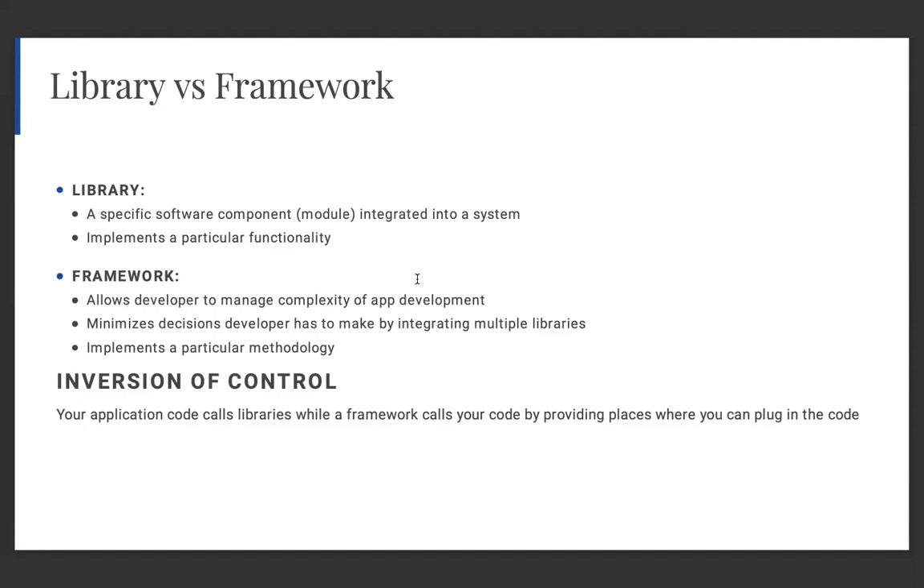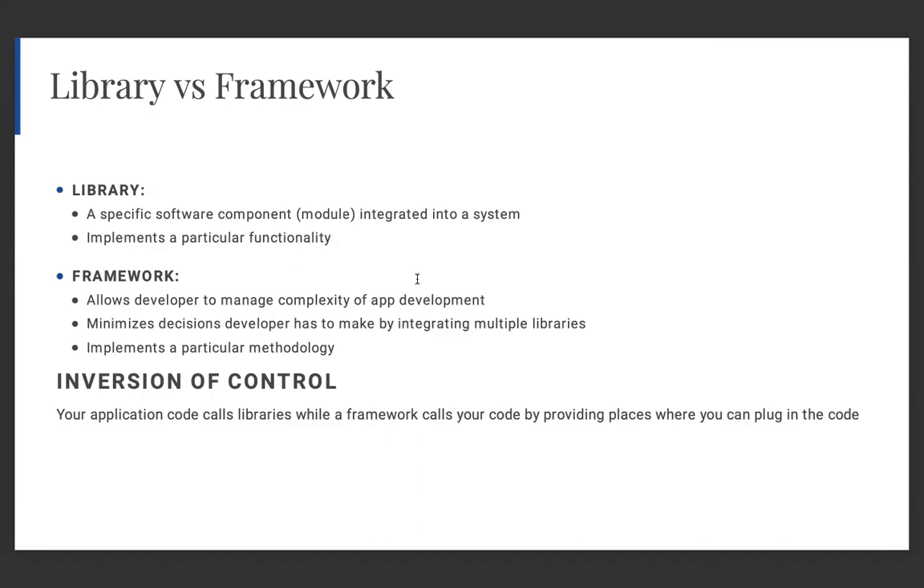So you can think of a library as a specific software component or a module that is integrated into a system. Often, a library serves the purpose of implementing a particular functionality. On the other hand, a framework can be thought of as the system itself. It allows a developer to manage the complexity of app development. It does so by minimizing the decisions that the developer has to make, for example, by integrating multiple libraries into the framework, and a framework serves to implement a particular methodology as opposed